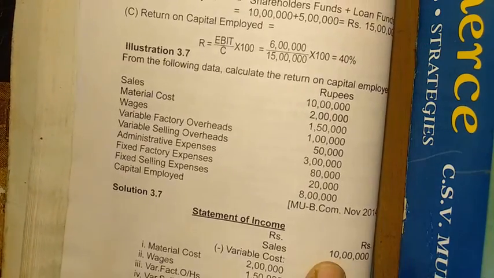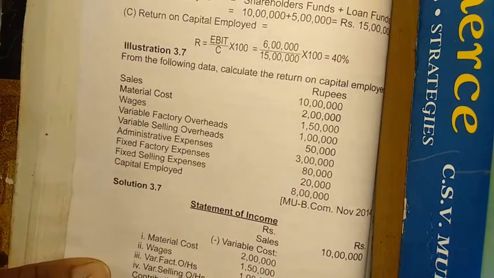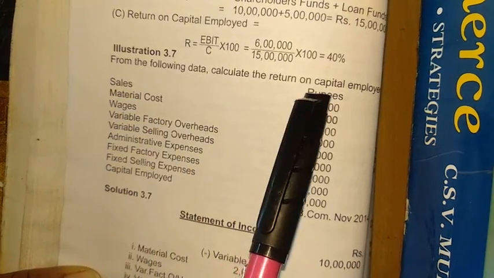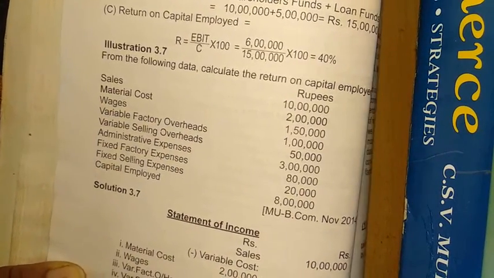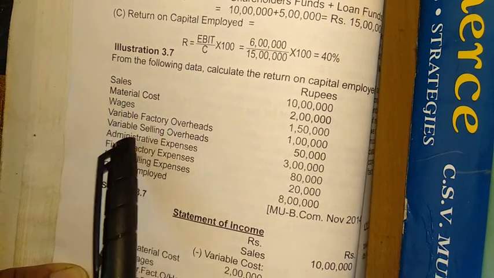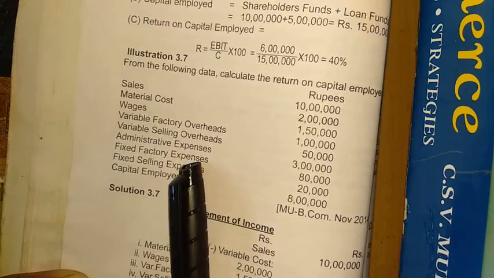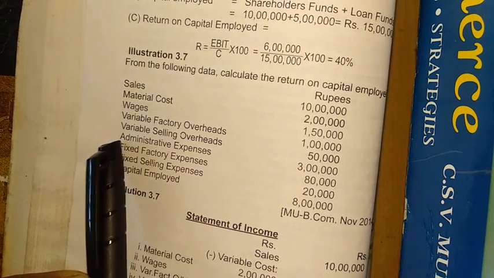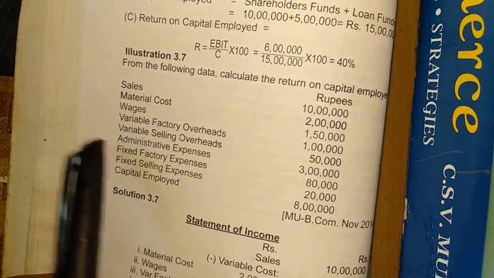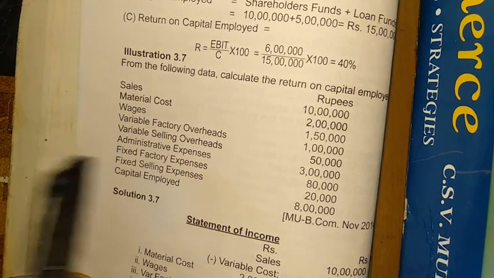Let's go for last problem under measurement of income. Problem number 7. From the following, calculate return on capital employed. Sales, material cost, wages, variable factory overhead, variable selling overhead, administrative expenses. So if no information given, whether it is fixed or variable with regard to administrative, factory and selling,